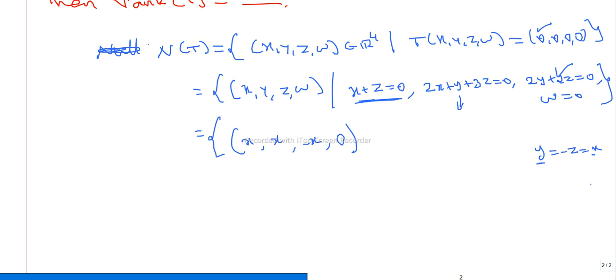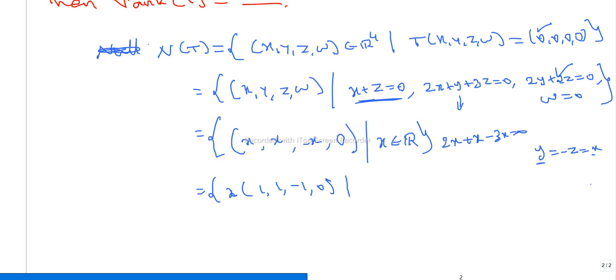Now look at this one. You can check 2x plus y is nothing but x plus z, which is nothing but minus 3 minus x. Therefore we get 0. So no need. Now we have only one unknown, namely x in R. So you can take x outside, you will get the vector (1, 1, -1, 0) such that x